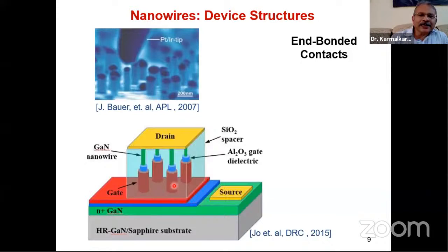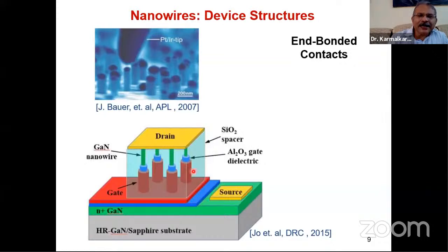Now you see how the gate is. The gate is surrounding the wire. So here again you have an insulator. You can see this is also blue. This color also is blue. This is also blue, so similar material in both. These are insulators. It is written here aluminum oxide gate dielectric. So this is insulating aluminum oxide.